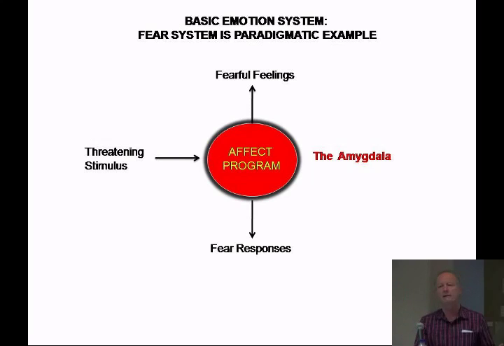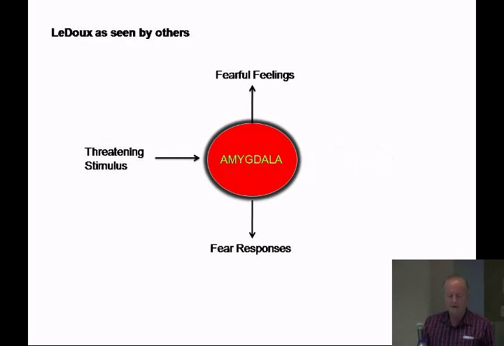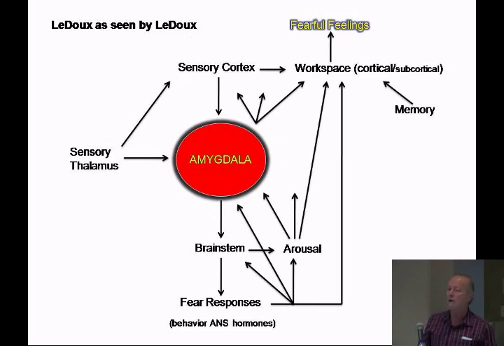that supports the idea that the amygdala is very important in detecting threatening stimuli and controlling hardwired protective responses in the presence of those stimuli. So the view that people assume that I have, because I'm often associated with this basic emotions point of view, is that I think the amygdala is also responsible for fearful feelings. I don't think that's the case. This is my view as seen by others,